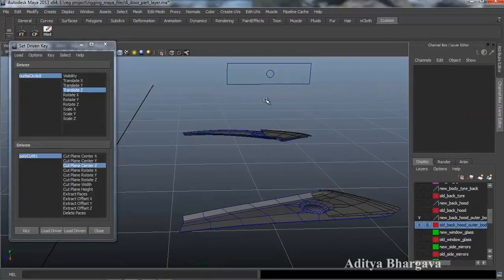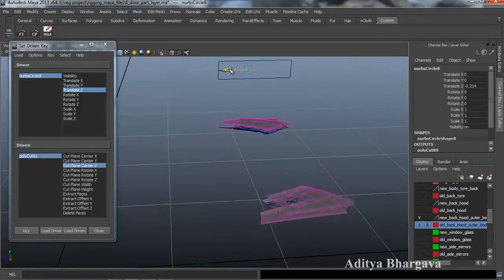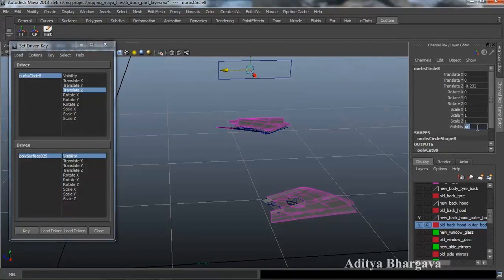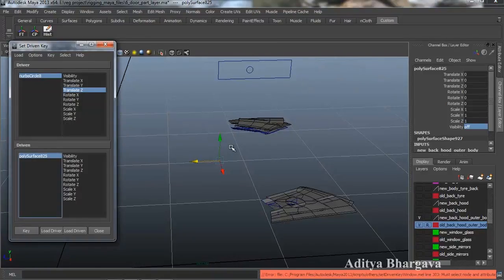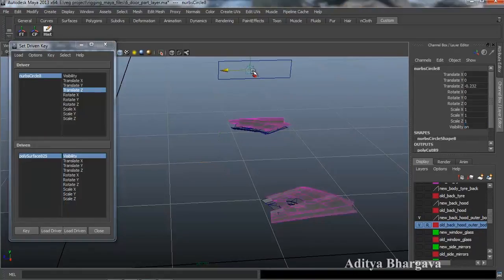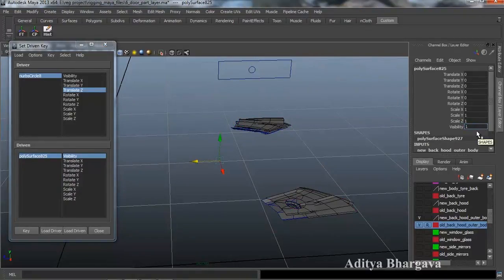So as you can see, the polycut created a problem once again, and it left this part. So we'll select this part and make it as a driven object, move the controller, and we'll place a key on this part on the visibility as 0 till this part. Sorry, Control Z, selecting this part, 0 on this part till this point of the controller. We'll press key, selecting the visibility key, moving the controller just a little bit forwards, press a key on the visibility of this part once again, and we'll press 1 now to make it visible on, sorry, Control Z,